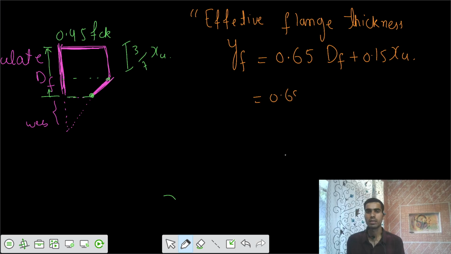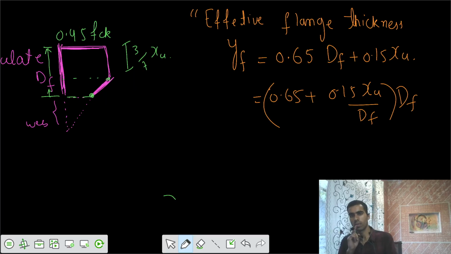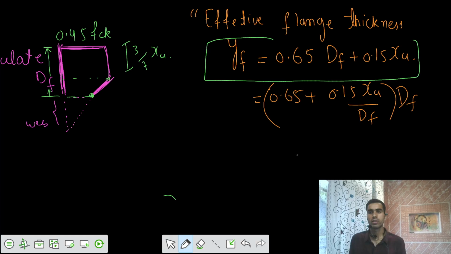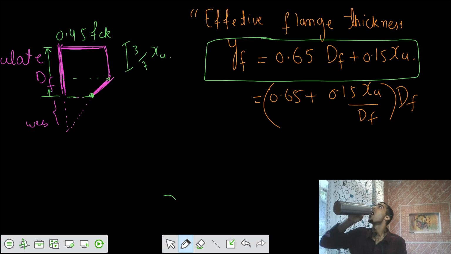We also write it in this way also. 0.65 DF plus 0.15 XU. So let's have that under the stress block. This is our equation, an important equation for this case. So the definition is that,